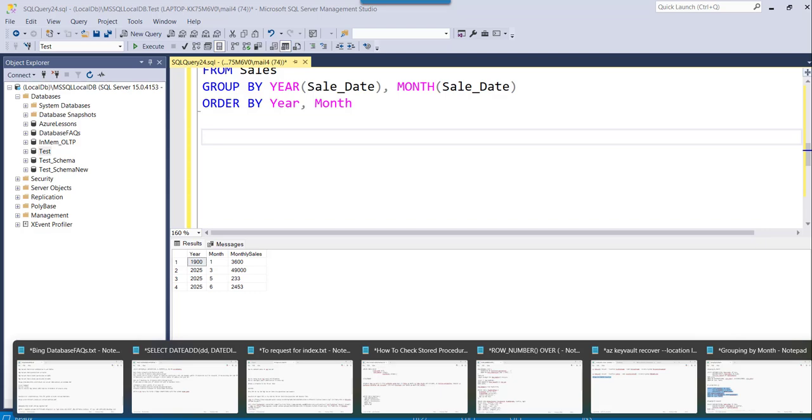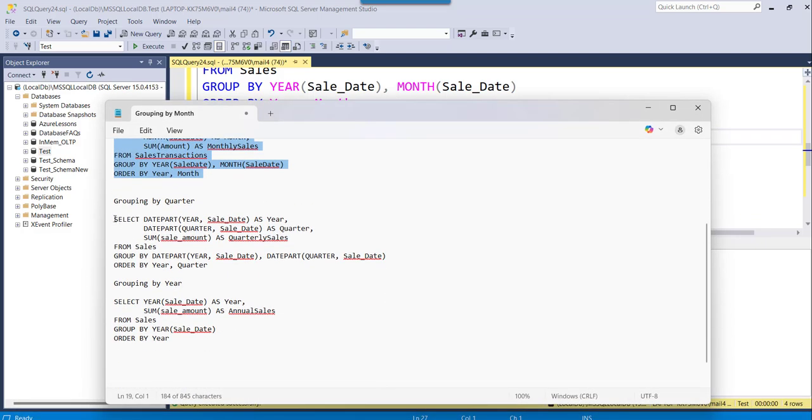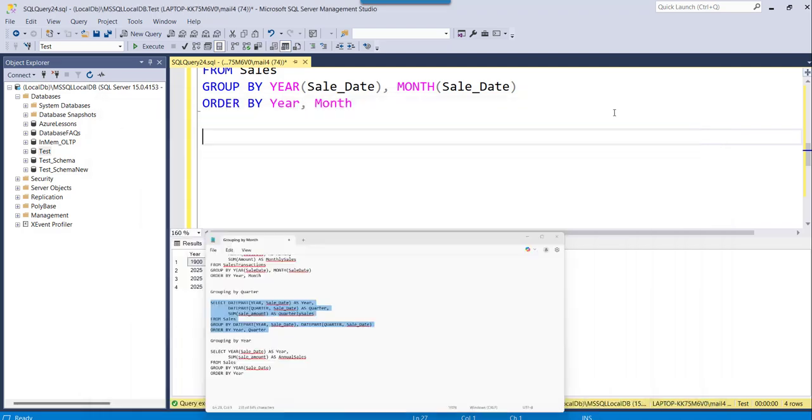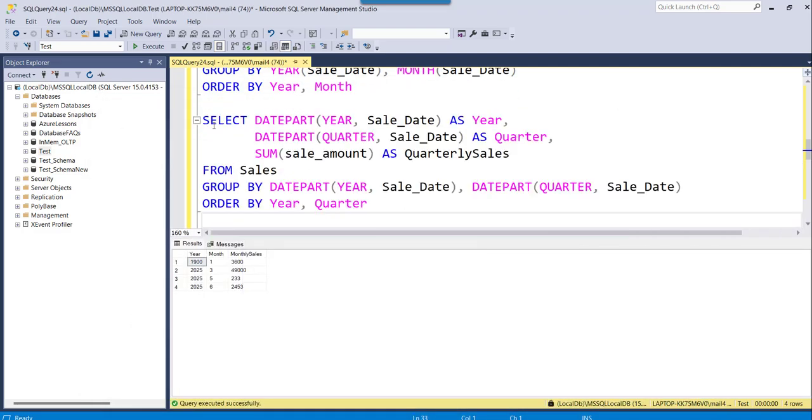Okay. Now if I go to the notepad again, we will do a grouping by quarter. If I go here and copy this query, guys, and I go to SQL Server Management Studio and paste it here, you are able to see here: select DATEPART year, then date column as year, then DATEPART quarter this time, and this is the date column as quarter, then sum of the